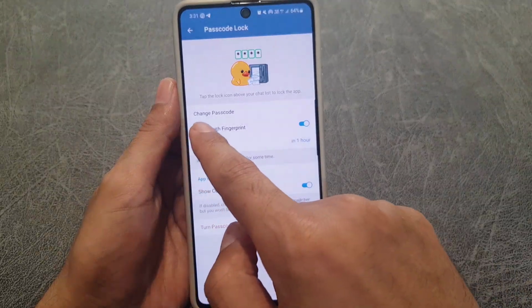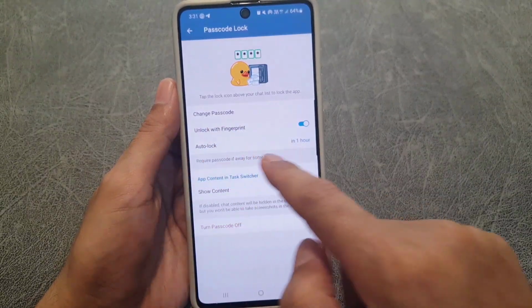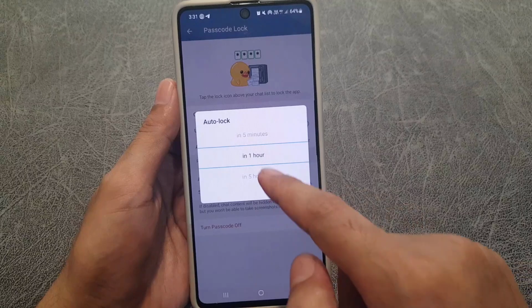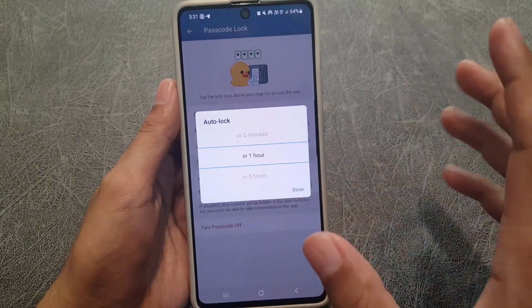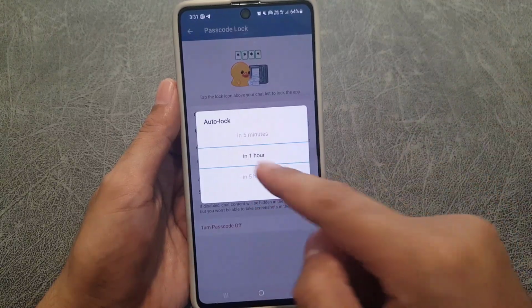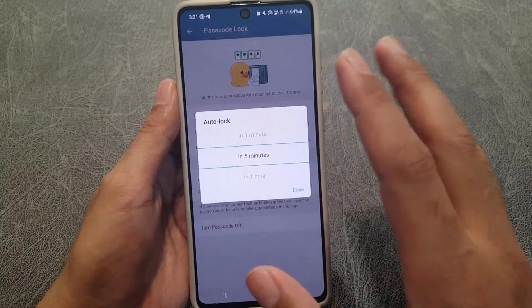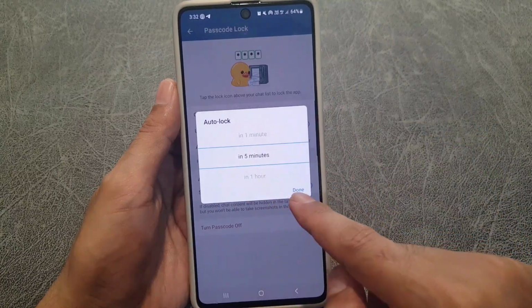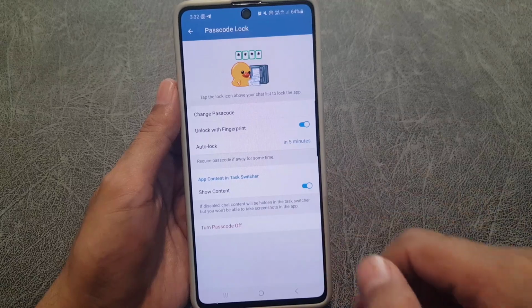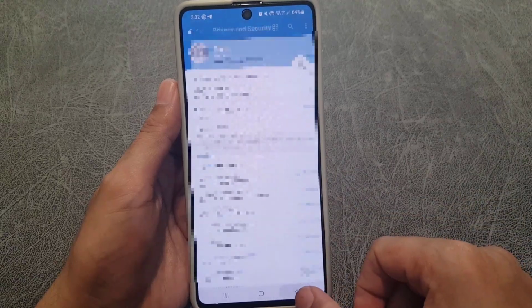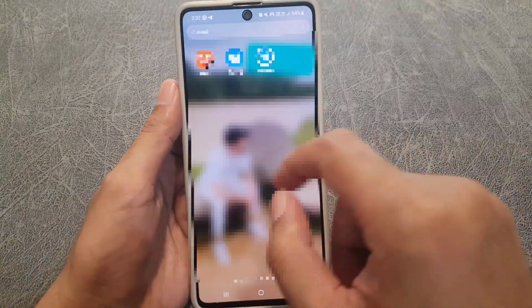So here, as you can see, you can change the passcode, or you can even change the timing. If you want to put the passcode in 1 hour, or if you want to change it to have it lock in 5 minutes, you can choose it from here. Suppose I choose the 5 minutes. I will go back to my chats,